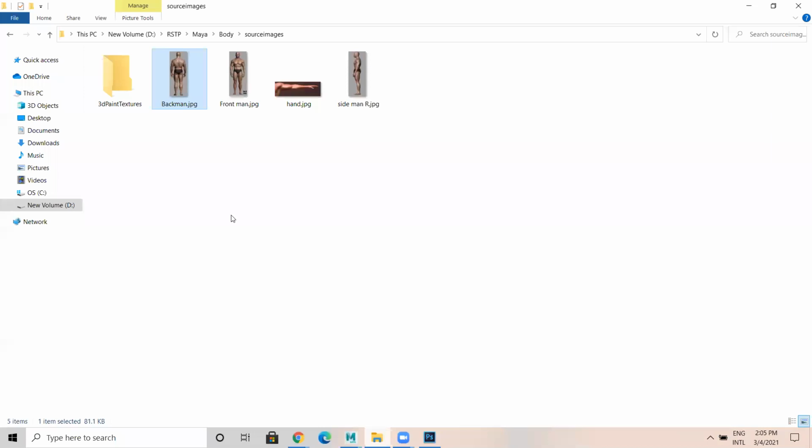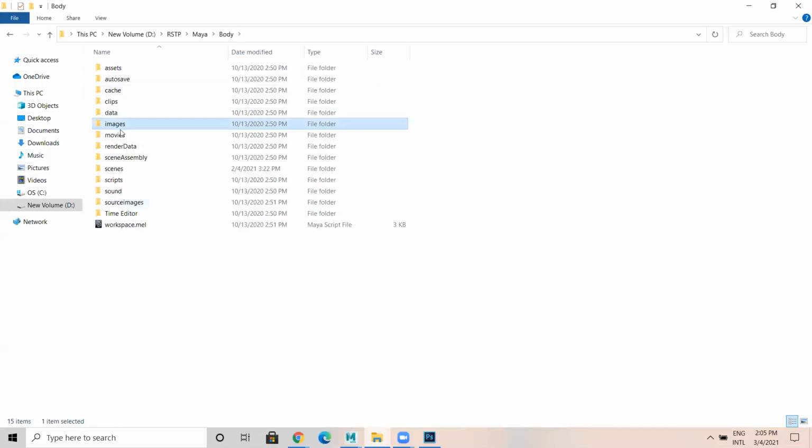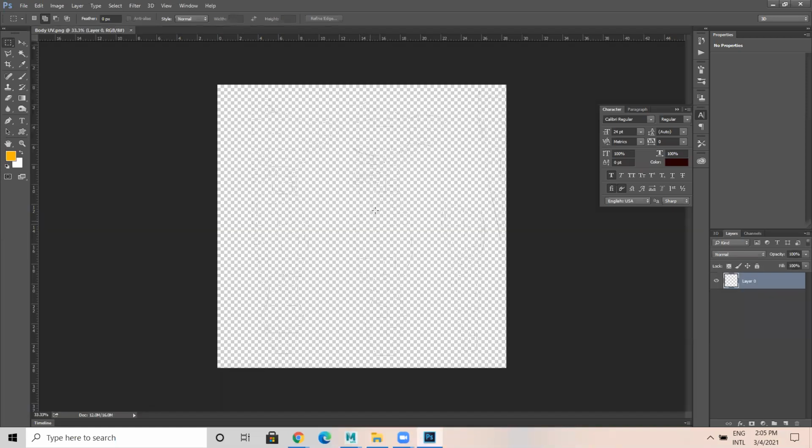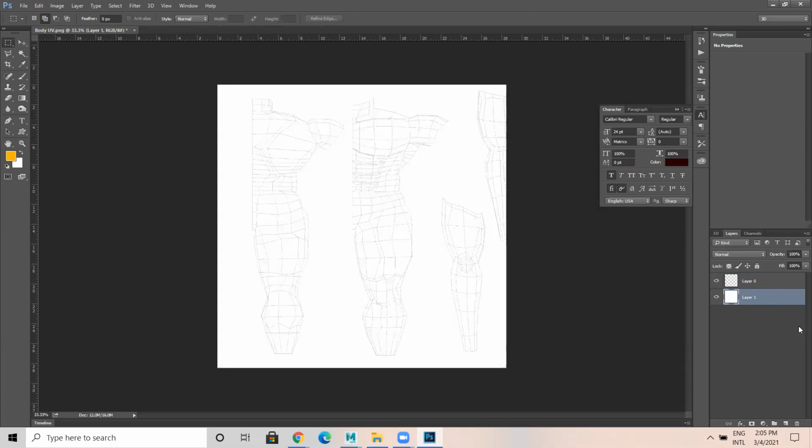Now what we have to do, just go to the body images folder, import this into Photoshop. Later, create a new layer, bring it down and apply white background to that. So now you can see what this is.